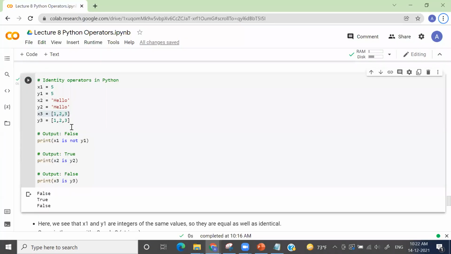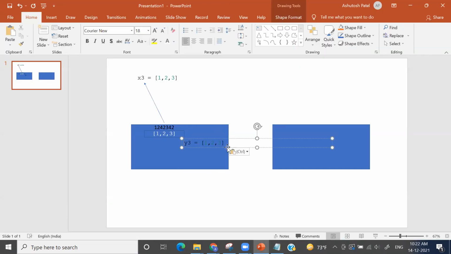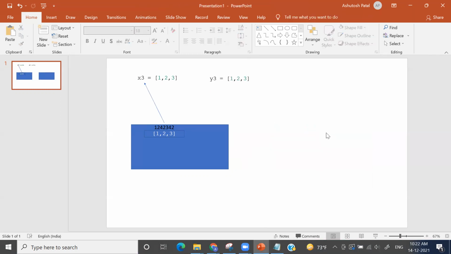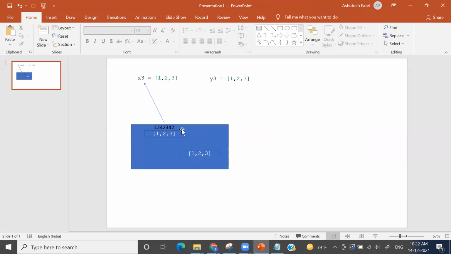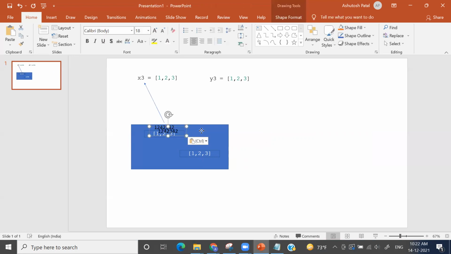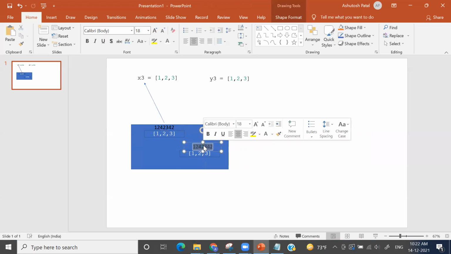Similarly, the moment you did y3, again some space got allocated in your memory. Let's say this time this part of your memory got allocated for this one, and this particular block of memory has a different address.